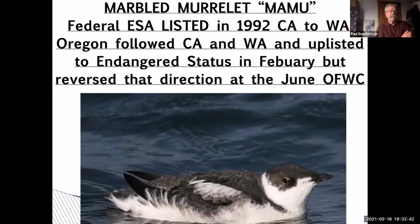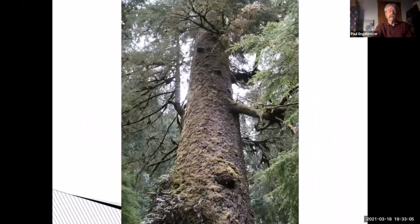So right now it was recommended to be endangered status, and then the ODFW Fish and Wildlife Commission reversed that last June, and they're going to be discussing that in the near future. If anybody's interested in that, I can give you the details, and you could help us with that, a clear voice in front of the commission. But this is an example of a potential nest tree for that marbled murrelet, and that's a summer